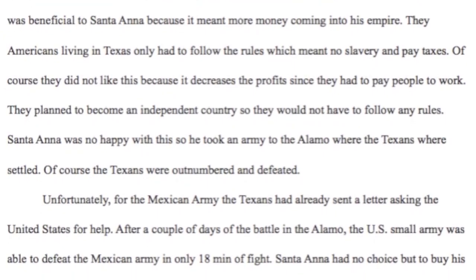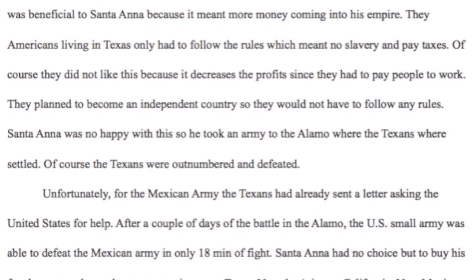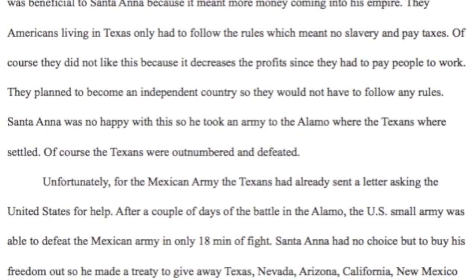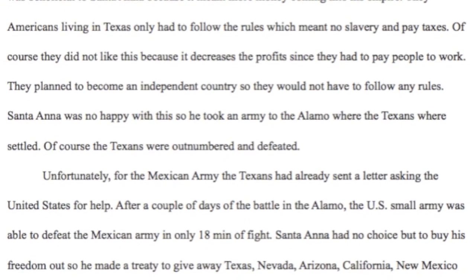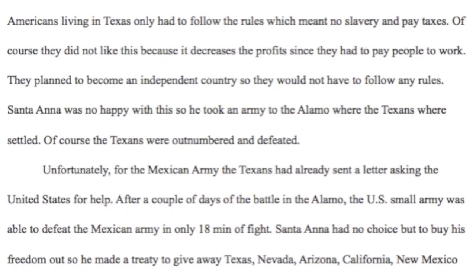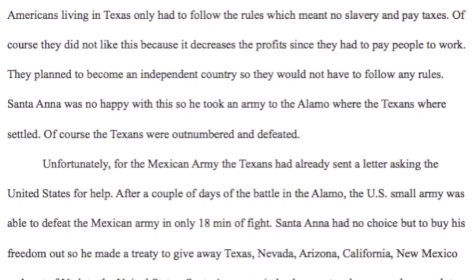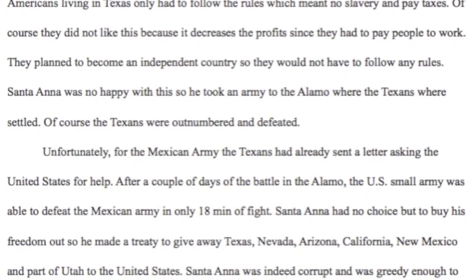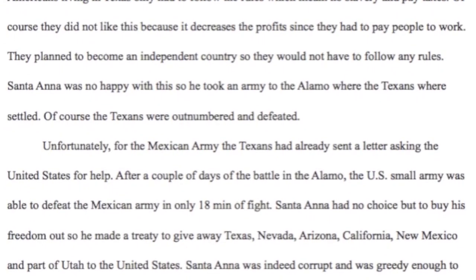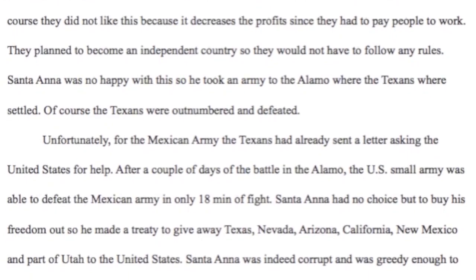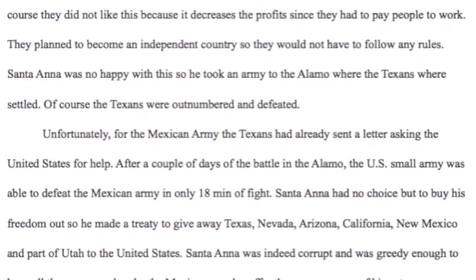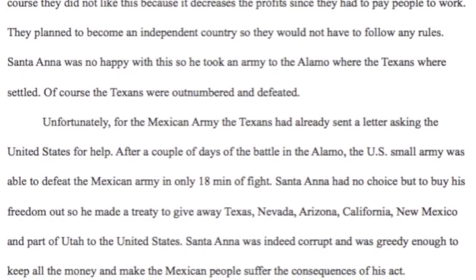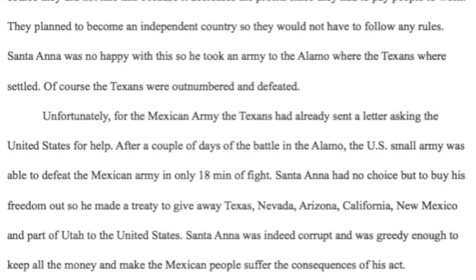Unfortunately, for the Mexican army, the Texans had already sent a letter asking the United States for help. After a couple days of the battle in the Alamo, the U.S. small army was able to defeat the Mexican army in only 18 minutes of fight. Santa Anna had no choice but to buy his freedom out, so he made a treaty to give away Texas, Nevada, Arizona, California, New Mexico, and part of Utah to the United States. Santa Anna was indeed corrupt and was greedy enough to keep all the money and make the Mexican people suffer the consequences of his